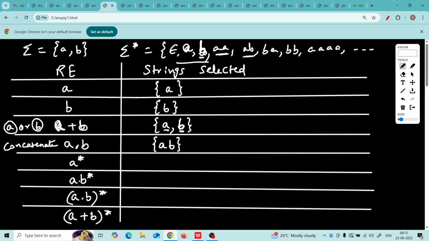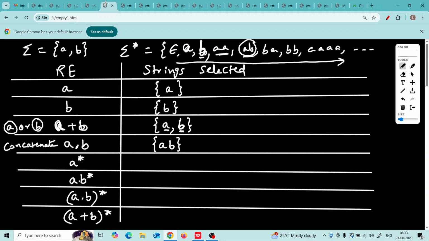Look at this infinite set. In this set, there is only one string that matches this regular expression. We are saying filter those words which begin with A, then single A should be there in the beginning and then dot B. That means A followed by B. So only AB is selected.